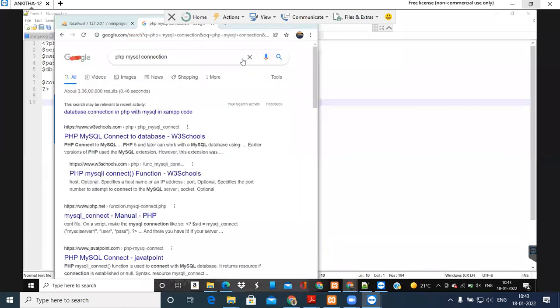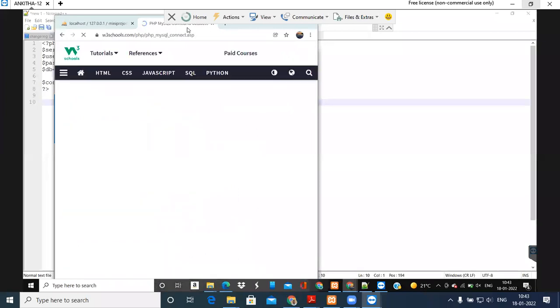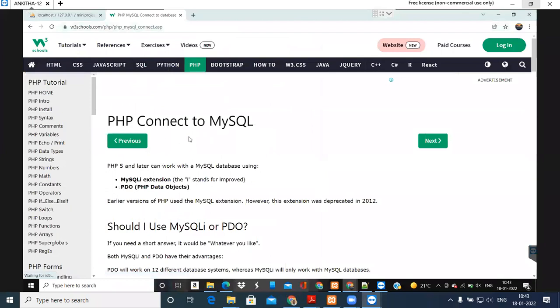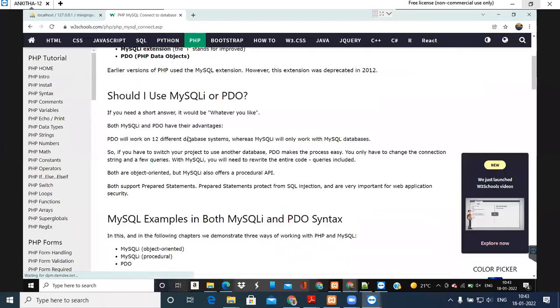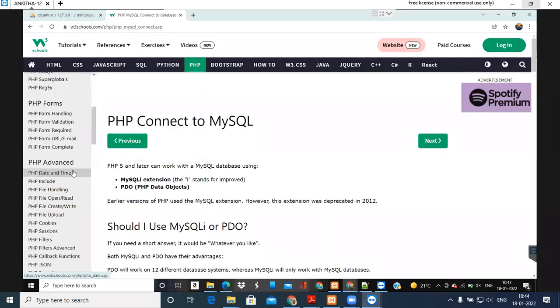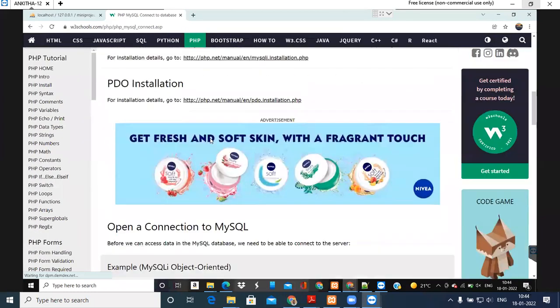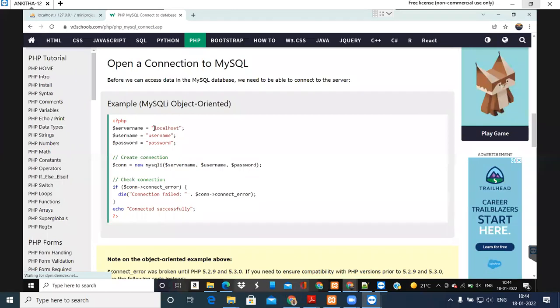Type PHP MySQL. Here you see, you get that W3 Schools page. In that you can scroll down here and see, this will be the connection information, open connection information.